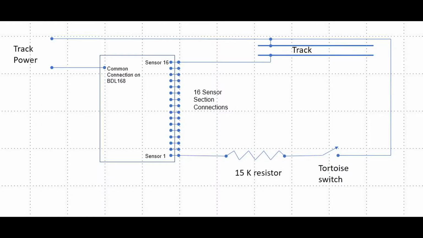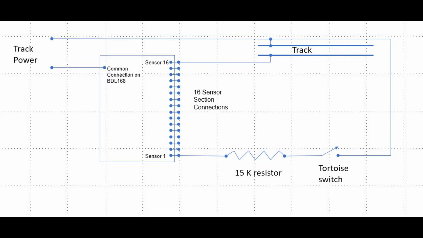This diagram shows how we connect the two types of connections for sensors, one for the track and the block detection for track, the other for monitoring of the turnout switch machine contacts. At the top of the diagram, you see that track power is connected to one side of the track. The other side of the track is connected to the opposite side of track power, but through the BDL168,